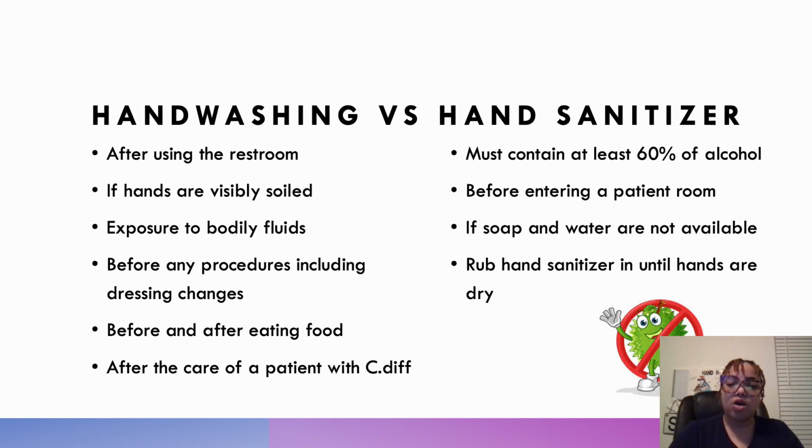When using an alcohol-based hand rub, you want to use one with at least 60% alcohol content. Use hand sanitizer before entering a patient room, and make sure you're nudging your buddy to use hand sanitizer as well. Through my observations, nurses are performing rounds and not sanitizing before or after each room.